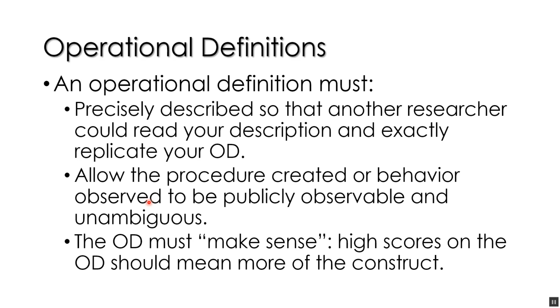So we have operational definitions both for the independent variable, which usually involves creating a situation and precisely describing that situation, and that situation in a way making sense, in that if somebody is in the negative mood condition, it should make sense that they should feel bad or feel worse than if they were in the control condition. And so those are the ways that we think about operational definitions.